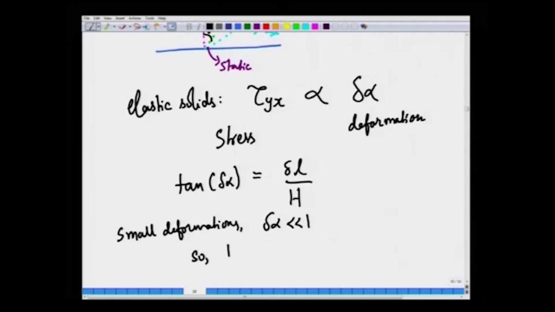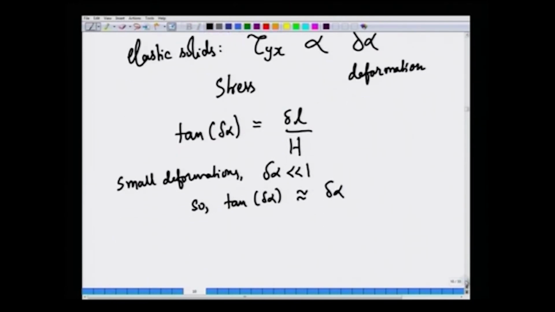So, we can write tan of delta alpha is approximately equal to delta alpha itself. When the angle is very small, tan of the angle is approximately equal to the angle itself. So, we can write delta alpha is approximately equal to delta L by H. So, the stress in a solid, the shear stress in a solid